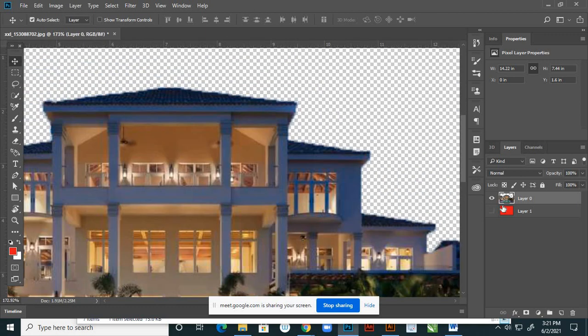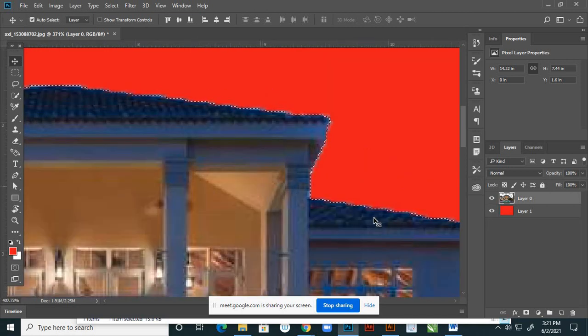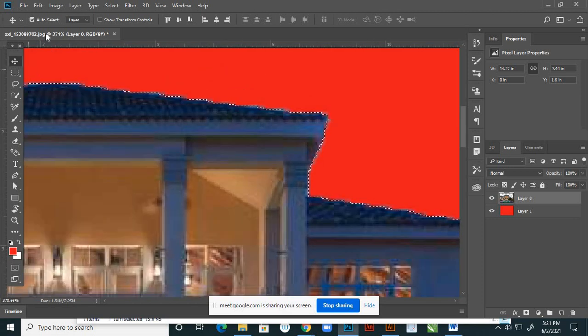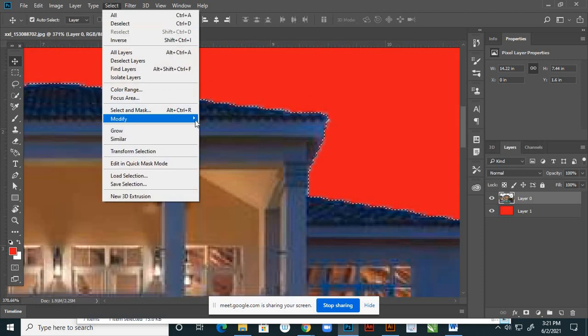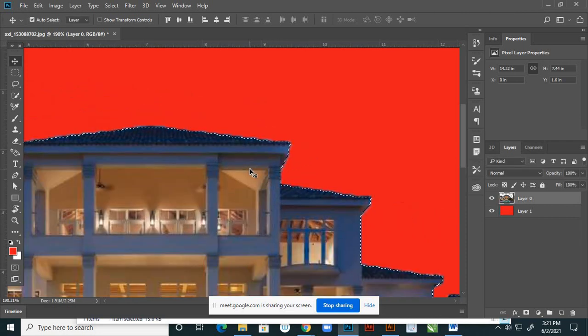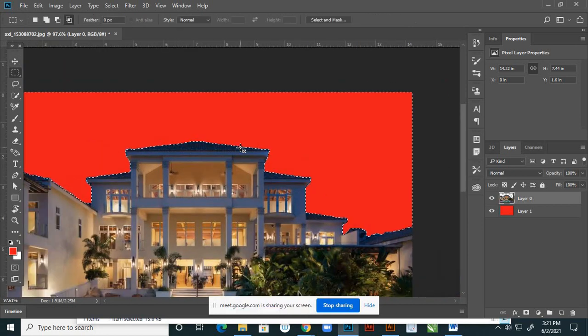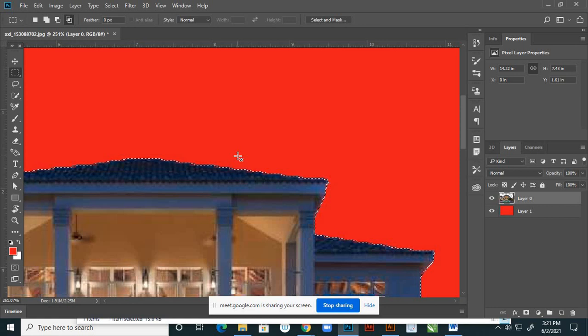Yeah, here what we do, select this picture, right? Here we move this selection a bit inside. So for that select, modify, and go inside and contract. So this one pixel, so it is moving inside a bit. Yes, this is right. So right click and select inverse, and you delete that, deleted, and Control D.